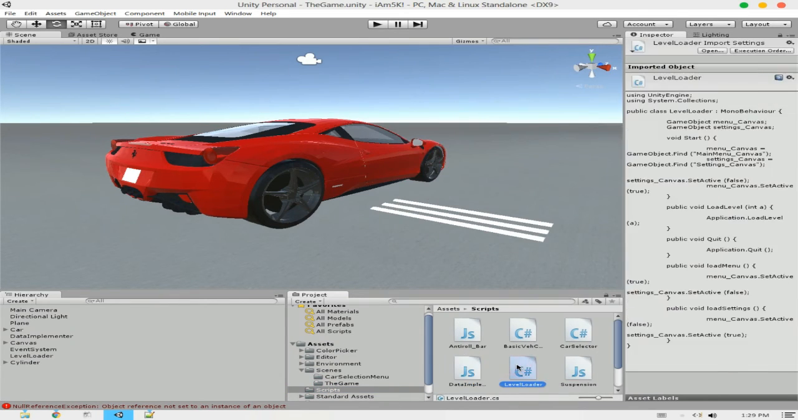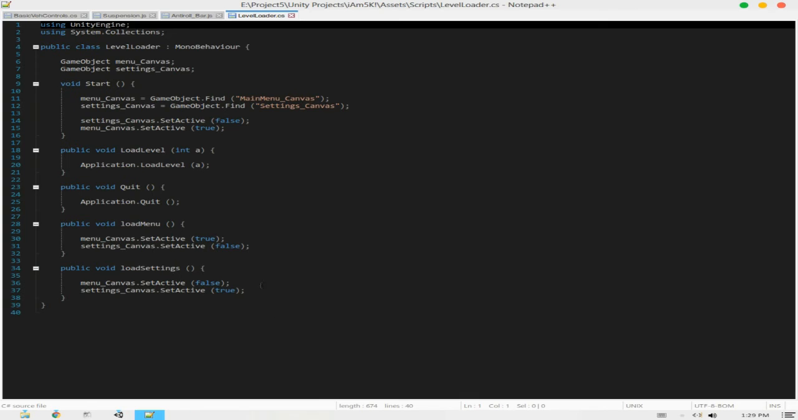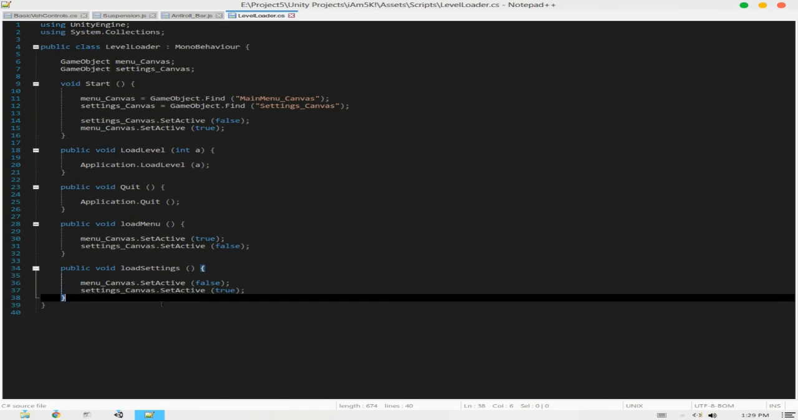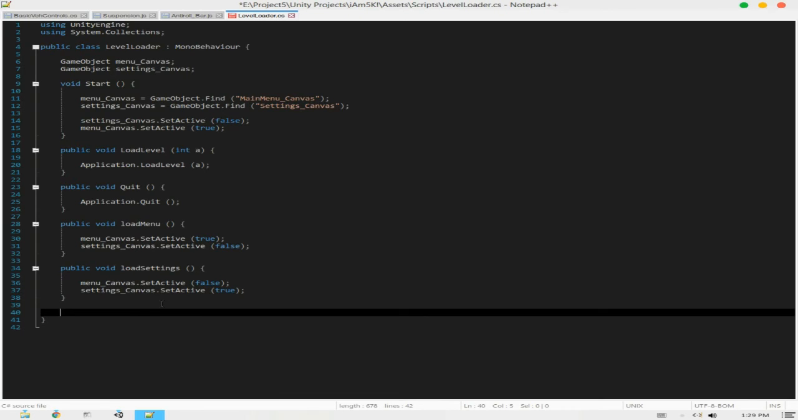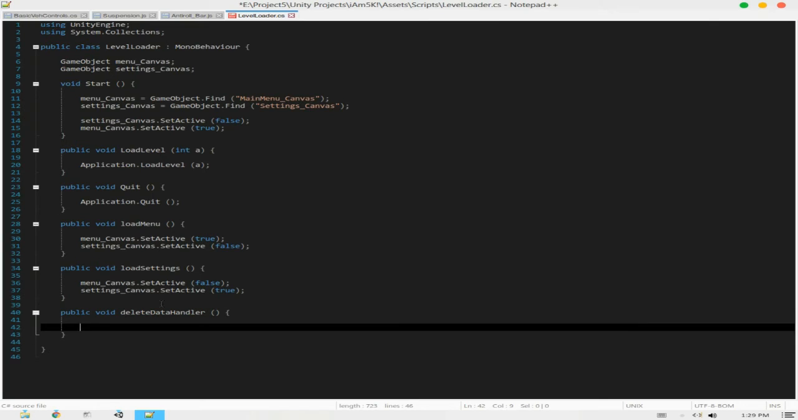Tell you what, we'll add this part of the script to the level loader script. So what we'll do is we'll type in public void delete data handler. Damn it. And what we'll do is we'll game object dot find